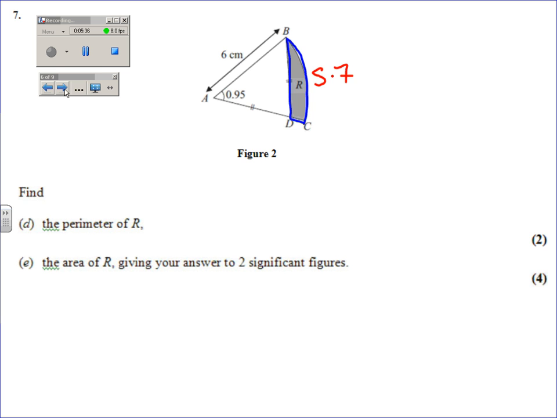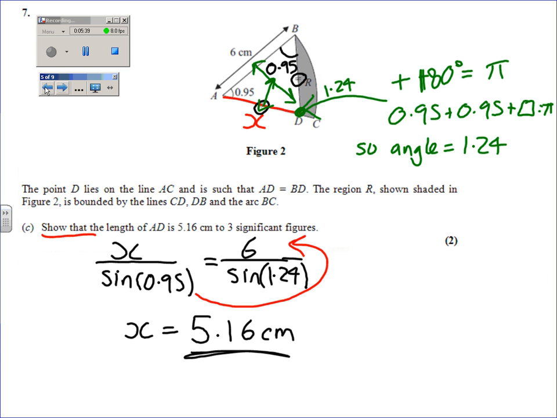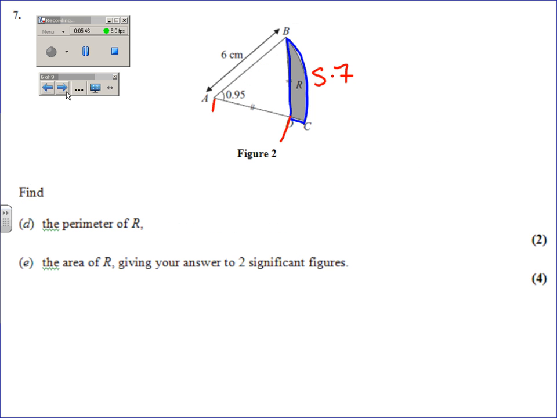Brilliant. Anything else that we know? We know that X, which was that length we've just found, is 5.16. Now, I know that length isn't part of what we want, but it will help us work out that little area of DC, because all of this line is 6 centimetres because it's the radius. All of that line is 6 because it's the radius, so we can use the 5.16 subtracted from 6 to work out the little bit,